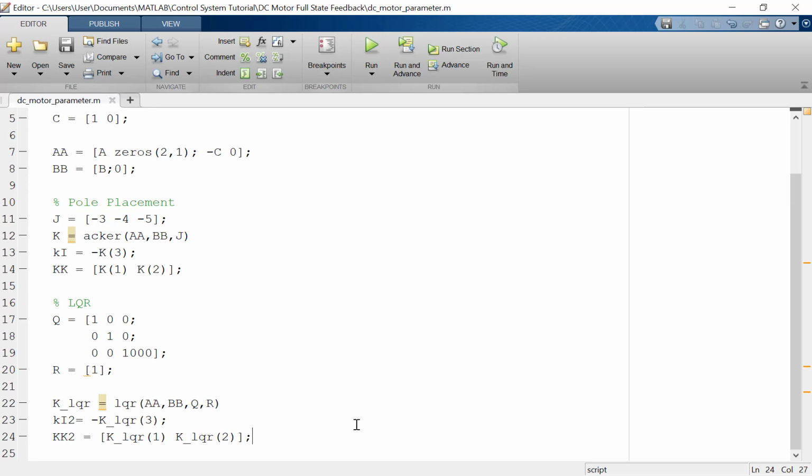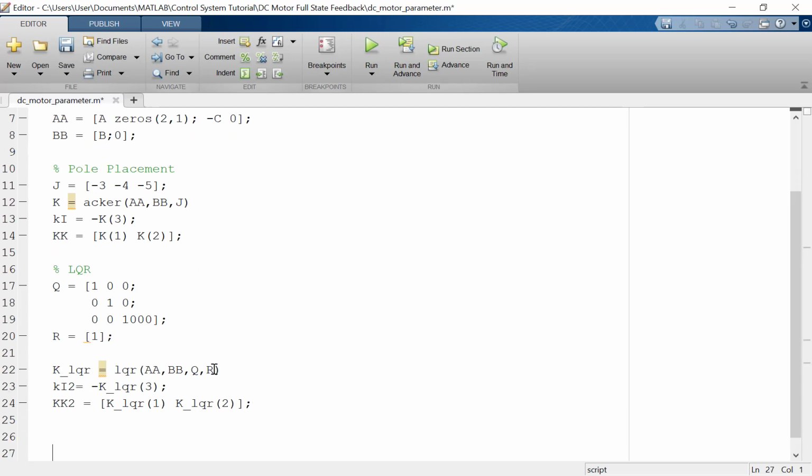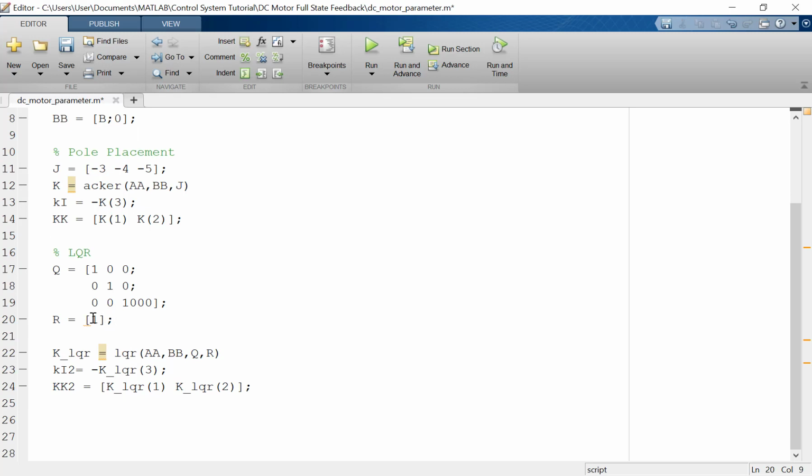The second part is about the LQR design. To use the LQR, we must determine the Q matrix, with entries 1, 0, 0, 10 or 0, and the R variable is just 1 here.